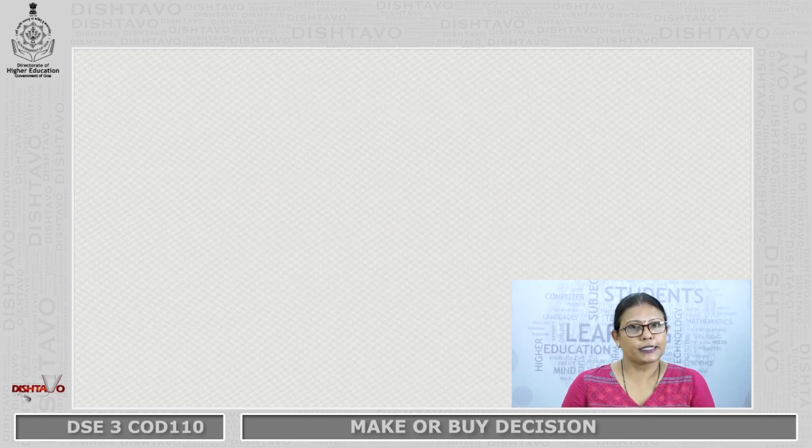Now, that was the first case. The second question they have asked is, if the buyer, or the supplier, reduces the price to 10. We had 10.50. He had offered first 11. So, there was 50 paise more and our cost was less by 50 paise when we are manufacturing. So, we took a decision to manufacture. So, now the buyer is offering you at 10. So, what is your decision?